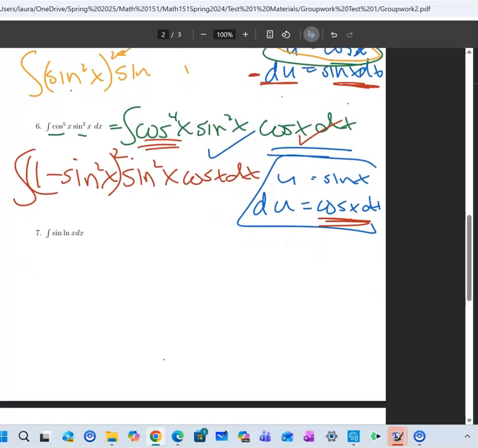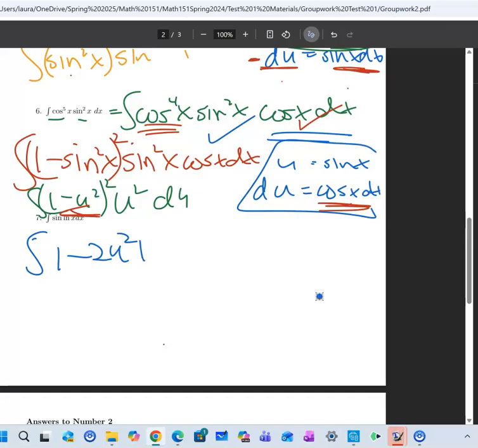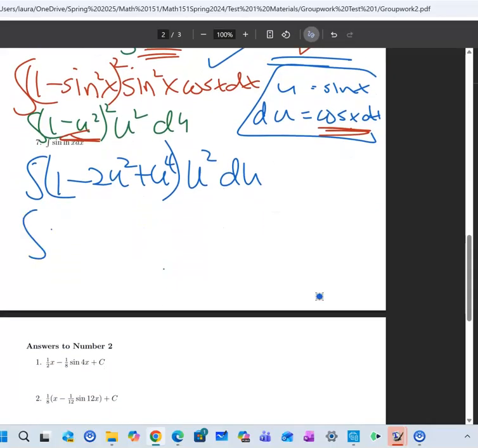Okay, so now let's go all to x's, all to u's. So I have 1 minus u squared squared, u squared, and then a du. So you know how to multiply this out, right? So this would give me 1 minus 2u squared plus u to the fourth. Then I would multiply by that, right? Lots of algebra. So u squared minus 2u to the fourth plus u to the sixth, because you add the